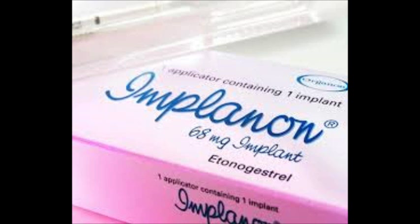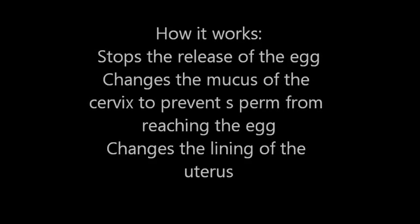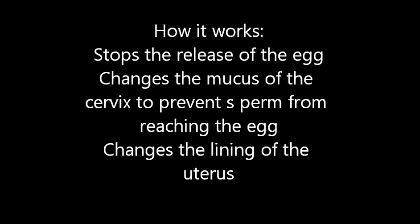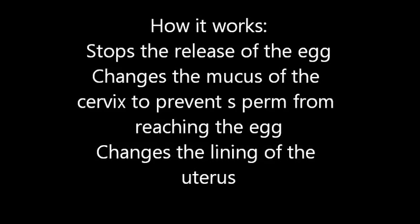This method works by releasing the progestin hormone etonogestrel. It prevents pregnancy by stopping the release of the egg from the ovary, and it also affects the cervix by changing the mucus so that it's harder for the sperm to get to the egg, and it also changes the